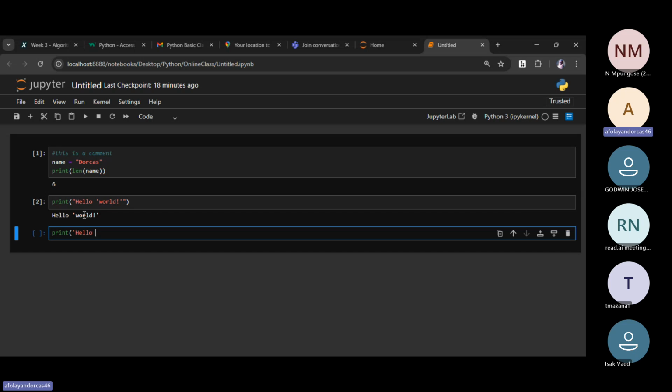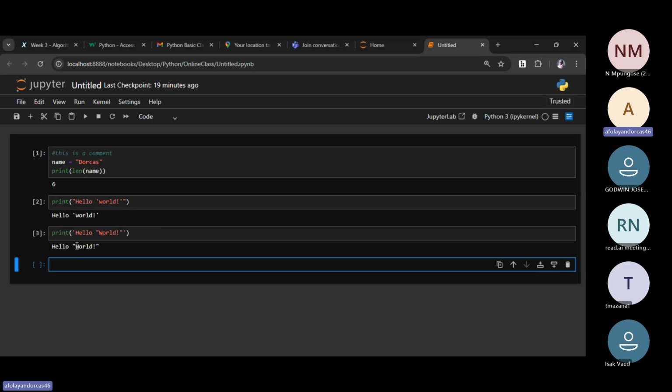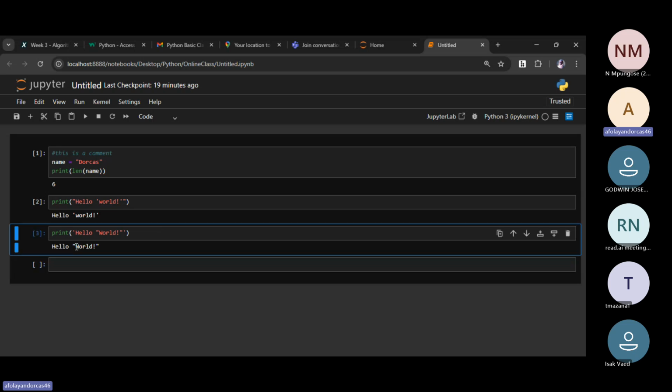So in this case, you can say hello world. It's still the same no matter the quotes that you use. But in a case that you want to double these quotes, so I'll just make this and let's see. It shows that this added a quote based on the type of quote you want to use. You might decide to use single, and you might decide to use double. So it's up to you.